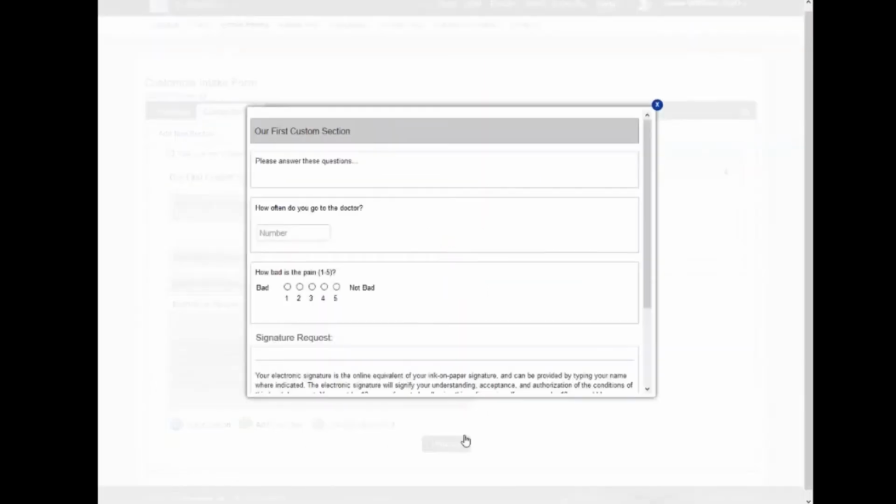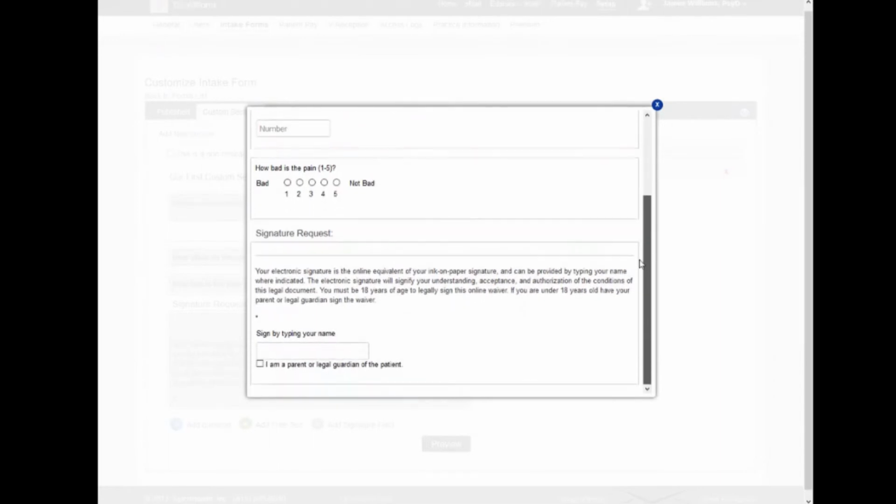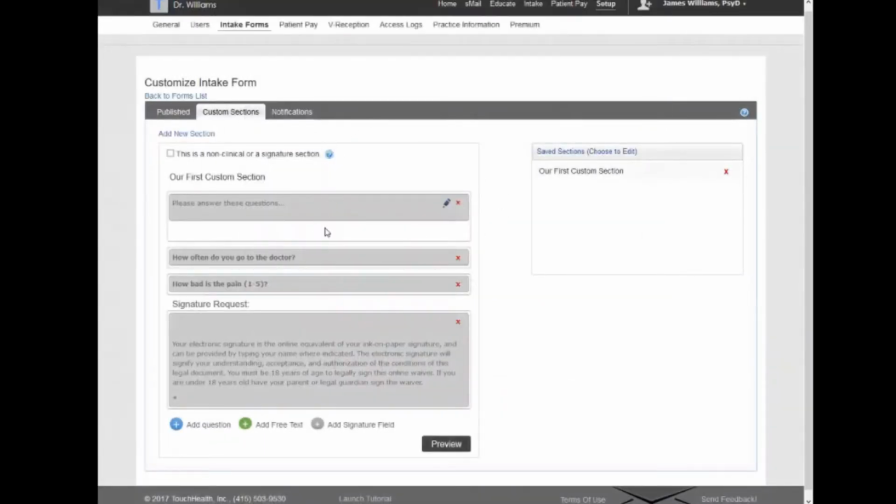Let's go ahead and look at it. I've got, please answer these questions. How often do you go to the doctor? How bad is the pain? And the signature request. Now, one thing I do want to mention, the preview in the screen is not exactly like the form looks. The forms actually are customized a little nicer than you see in this preview, but I'll show you that later. So now let's go back to our published form,